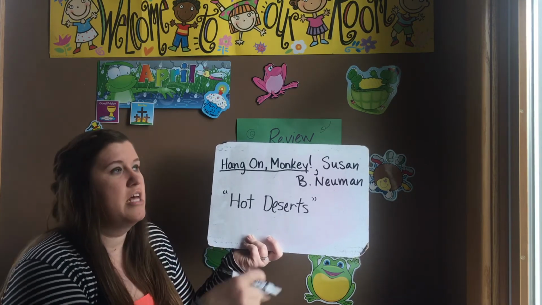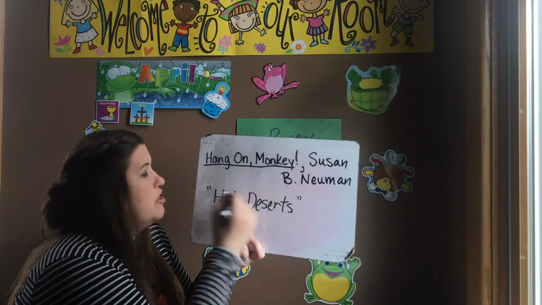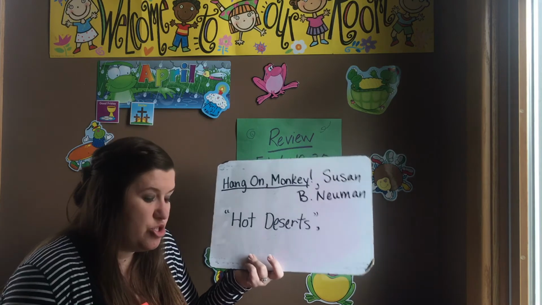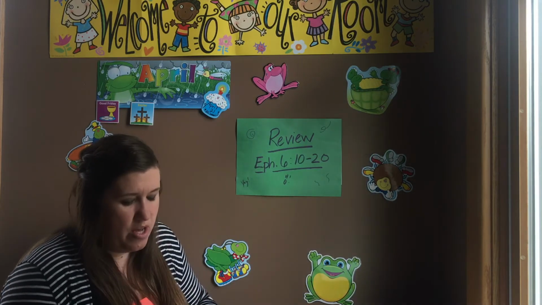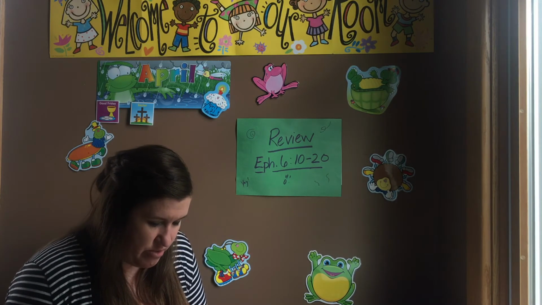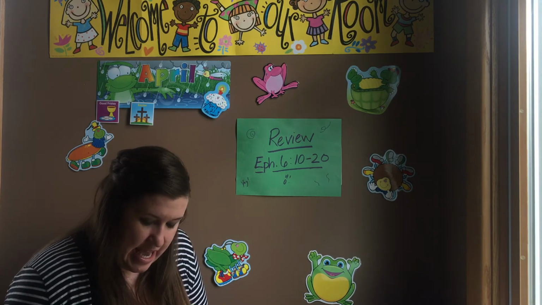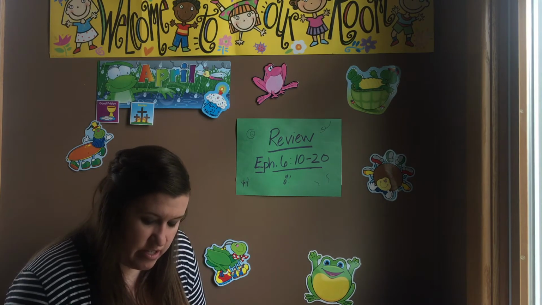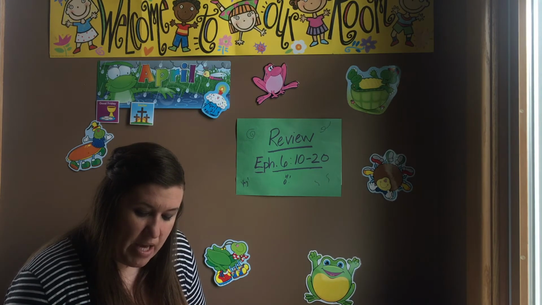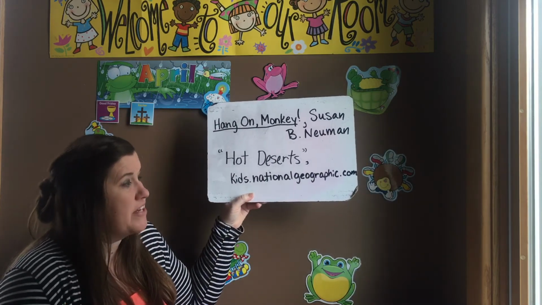So I researched deserts. This pops up, ooh, Hot Deserts. Oh, I like that one. So I'm going to put the title in these quotation marks, then I'm going to put a comma, and then I'm going to put the source's name. So I am going to put where I found that on the internet. My board is a little too small, so I'm going to just write it on the next line. So I'm going to put Kids National Geographic.com. Ooh, this is so long. Ooh, I barely fit it. Okay, so kids.nationalgeographic.com, that's what I'm going to write.